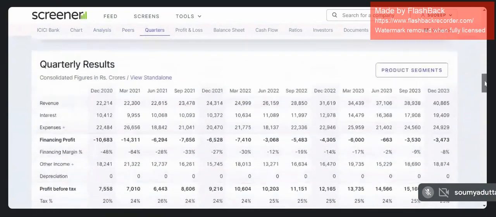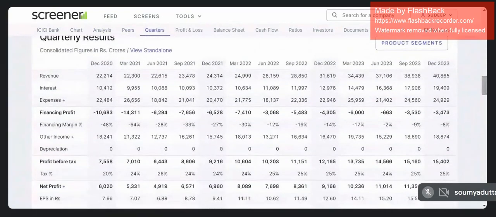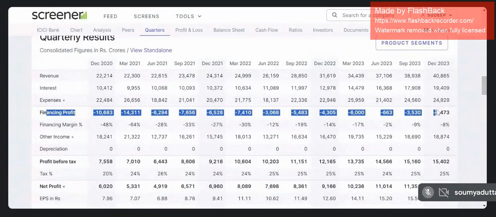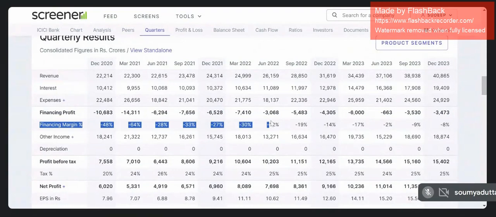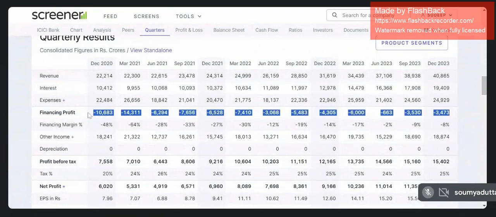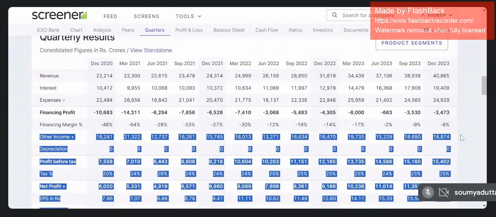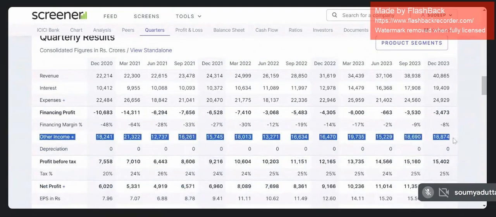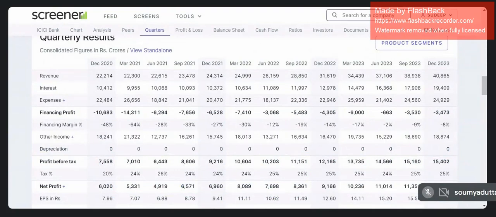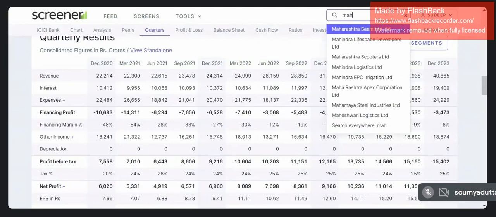Look, for ICICI Bank the financing profit is always in loss. What they make is from other income, selling insurance, mutual funds, and all other things. But this is not the case for government banks. Government banks make